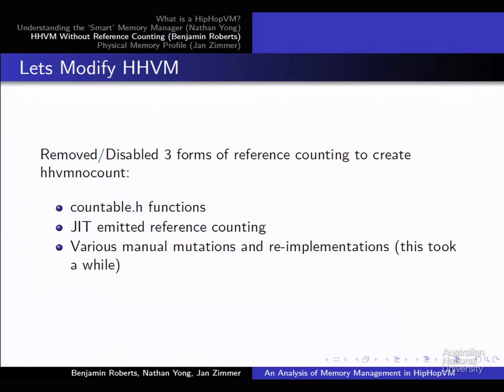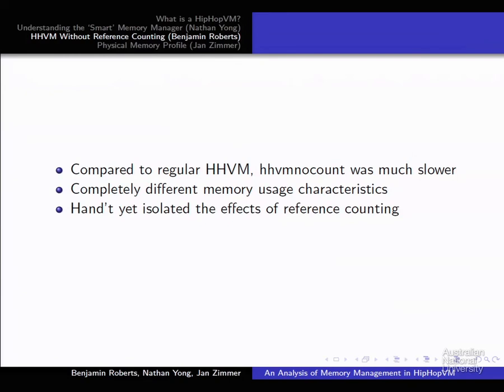I removed the countable macros which define the reference counting API. I removed the reference count related JIT operations, and I removed all the little modifications and re-implementations of reference counting throughout the code base. Comparing this new build, which I've named no count, to regular HHVM, it was